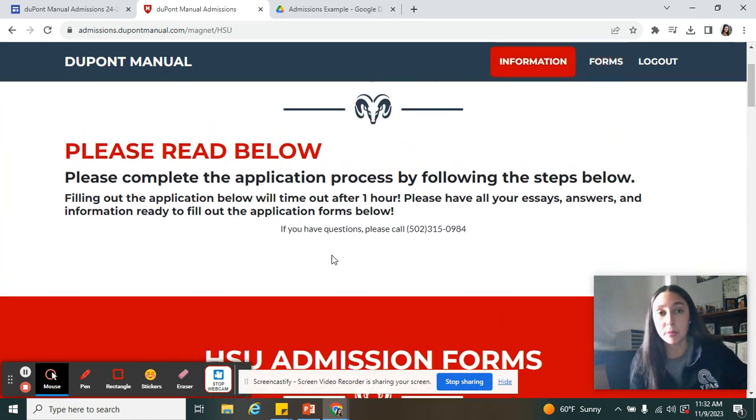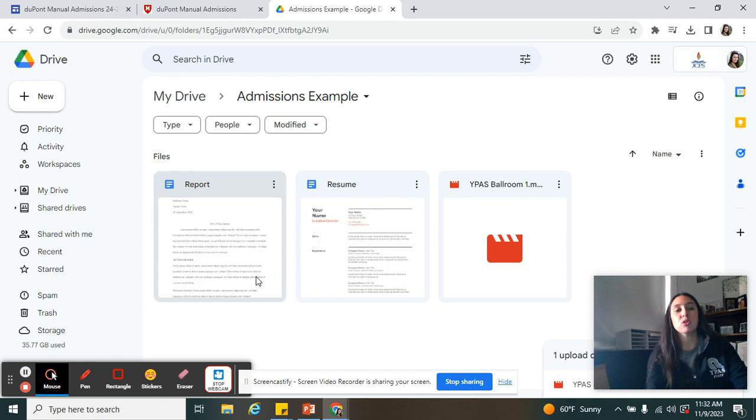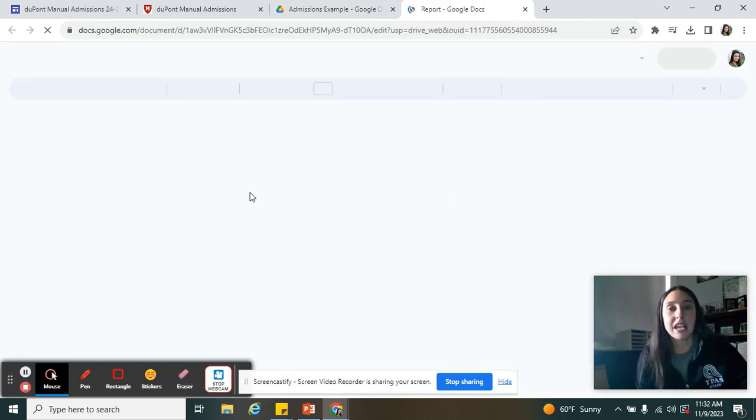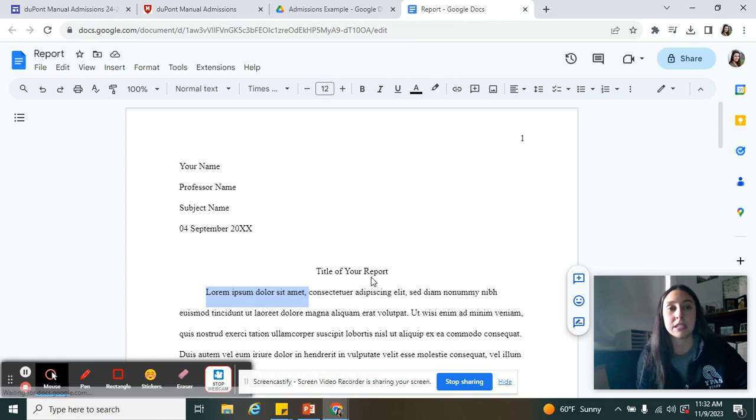So what I would recommend is that you already have a folder in your drive that has your admissions information. So, for example, if you've already typed up some of your answers, make sure that you have that saved here. You can take that information from your essays and literally copy and paste it